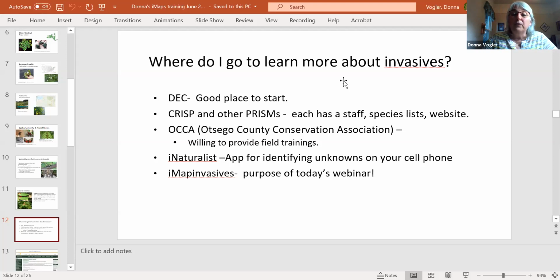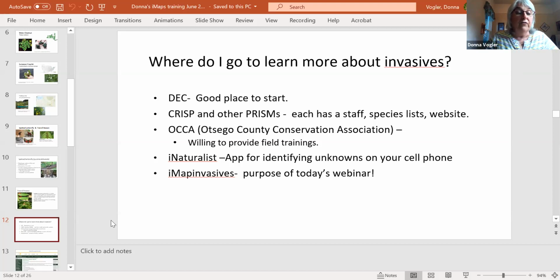I want to encourage people, if they haven't downloaded iNaturalist, this is one of those for the big cell phone users, I'll put it that way, where once you have the app loaded, you can just shoot it at an insect or a plant or a leaf, and it will search through and give you some tentative identification. It may not tell you whether it's invasive or not, but if you're uncertain what it is, that's a useful site. And then finally, probably the king of them all is the iMaps website and how we'll do that.